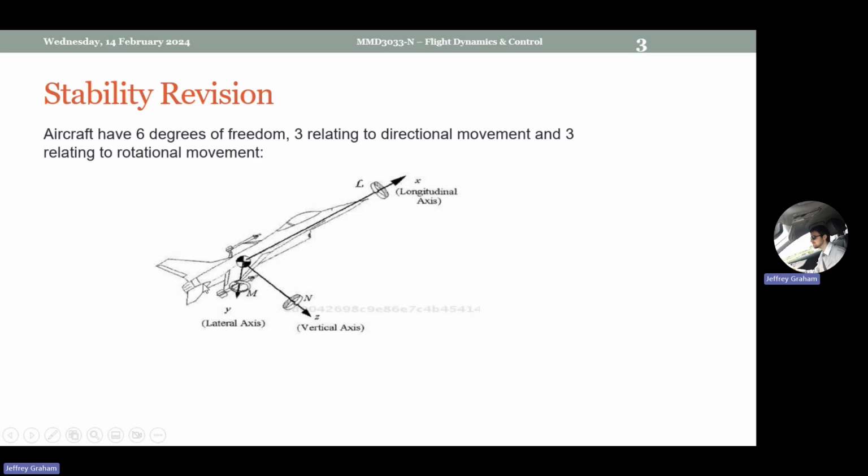So we can rotate about this longitudinal axis, pinning the axis from front to back, which allows the aircraft to roll. Next, we can pin the aircraft about the lateral axis. This will help pitch the aircraft. And finally, if we take it through the gravitational vector, the z-axis, we can yaw the aircraft. Right, so 3 distinct axes,